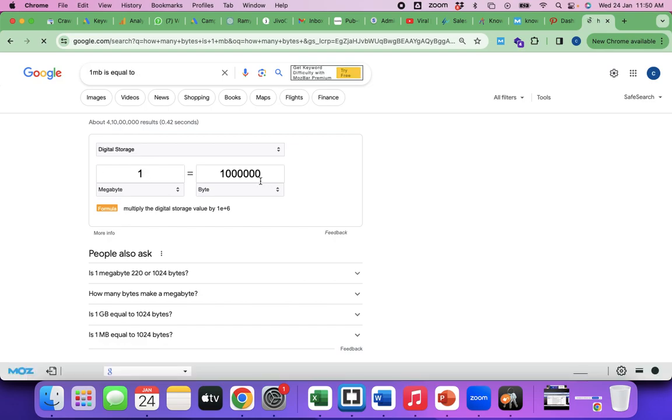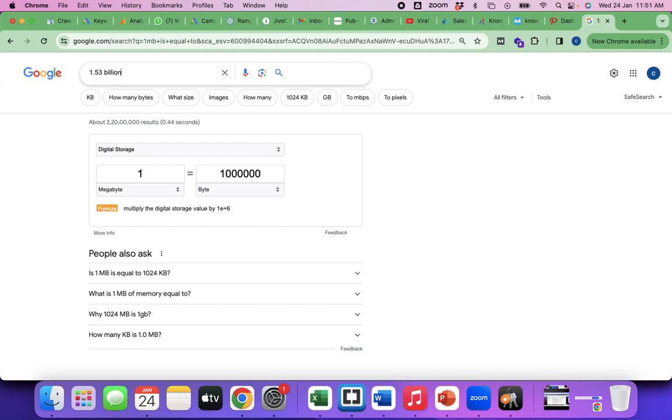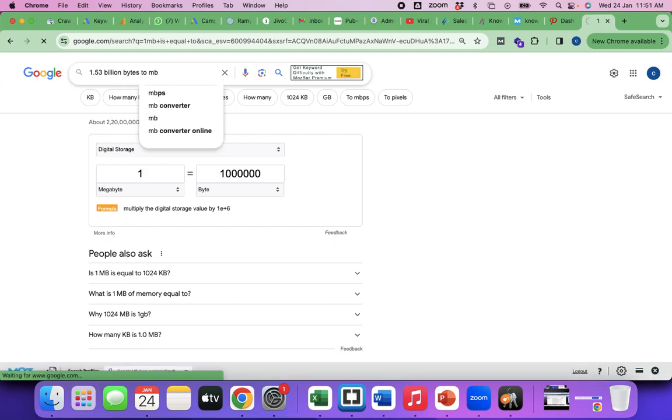So here you put 1.53 billion bytes to MB.